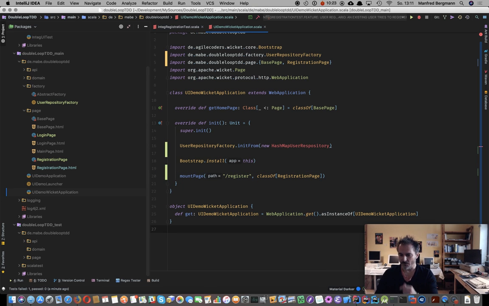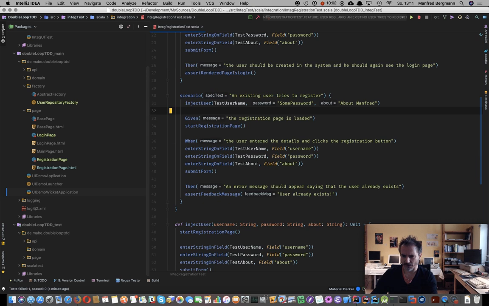Because we want to use a hash map based user repository here. But this doesn't exist, and I guess we have to implement this, because otherwise it won't even compile. So let me copy the name of this, close this,